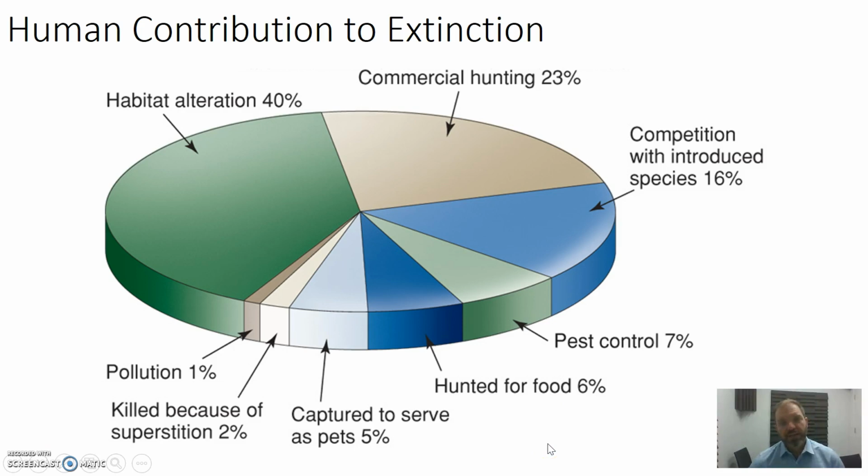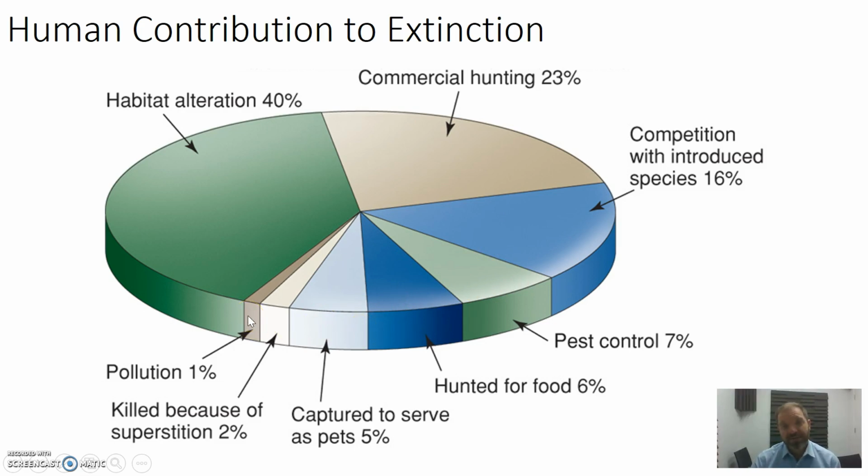So, what is causing the sixth great mass extinction? Well, when we look at the human contributions, by far the biggest contributor is habitat alteration. Listed in the notes below, there's a whole lot of different examples of things that are doing this, but clearly deforestation and clearing of land is a major one. There's also a lot of commercial hunting, and particularly when we look at the fisheries, commercial hunting of fish is much more common than of land species. We also have competition with introduced species, so those three are really big. Other ones around here tend to cause some issues as well.